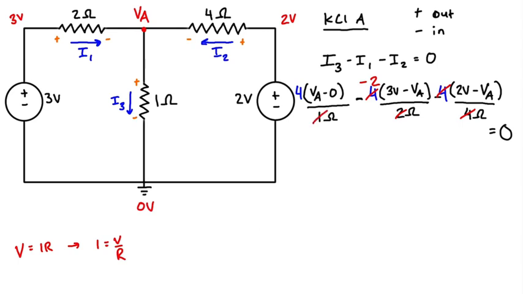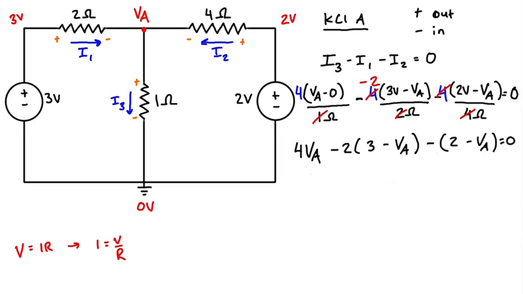So let's maybe write this a little bit cleaner. We have 4 times VA minus 2 times 3 times VA. I'm going to drop the units of ohms and volts because it gets confusing when you have the V here for volts and VA for the unknown variable. So basically each term is going to be in units of volts over ohms, which is in units of amps. The whole term is. So we can close that bracket, and then we just have minus 2 minus VA